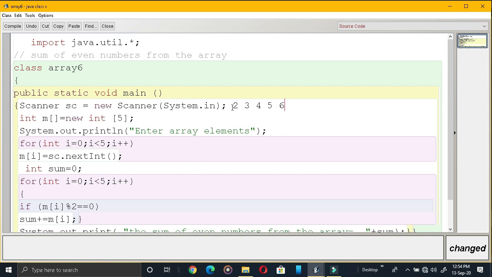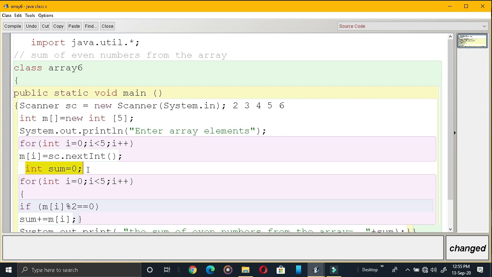The question is, you need to find the even numbers, that means 2, 4, 6, and their sum has to be printed. Up to here, any number can be kept in the array. It's the same process of inputting, and we have completed that. We need to find the sum of even numbers.